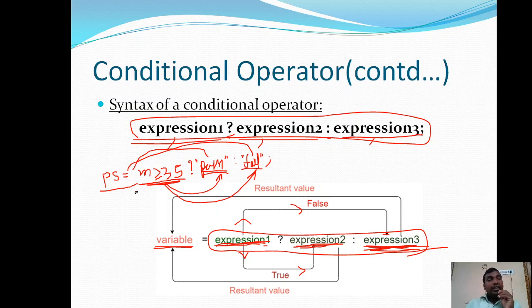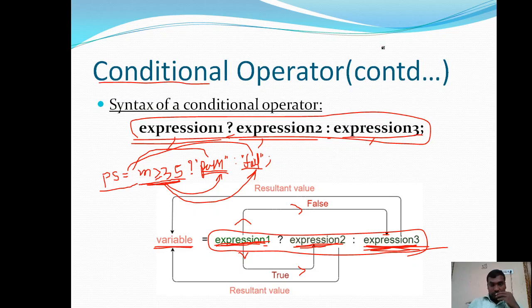Okay, so like this, we are checking the conditions and performing the operations with the help of a conditional operator. Okay, so with this example, I conclude that you are now somewhat familiar with how the flow is happening in the ternary operator or conditional operator.